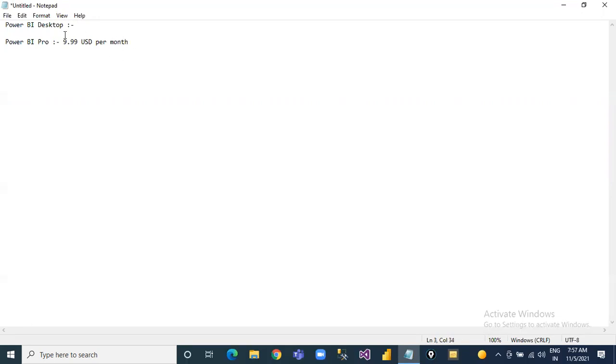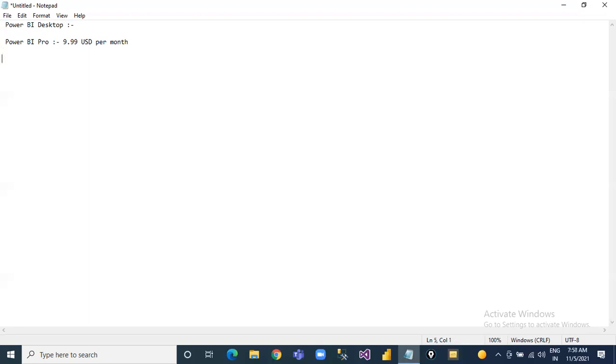The difference between Power BI Desktop and Power BI Pro is that you cannot share the report on the cloud with any other client in Desktop. To overcome this limitation you have to purchase a license in Pro. In Pro you can share the report with the client at any time, and you can use every feature of Power BI.